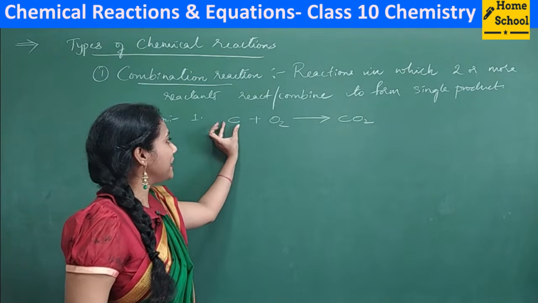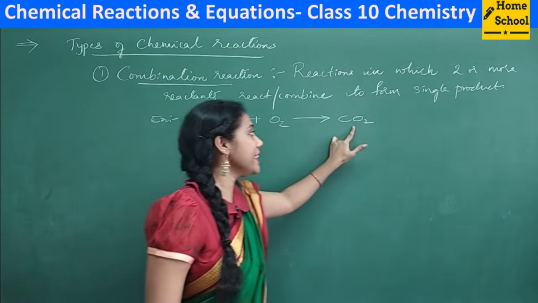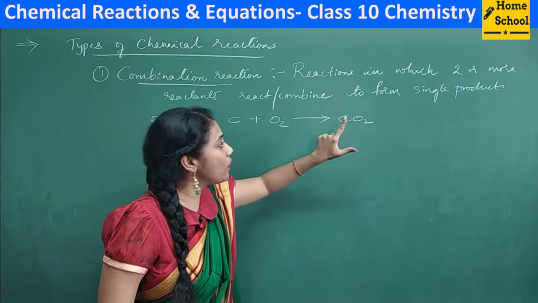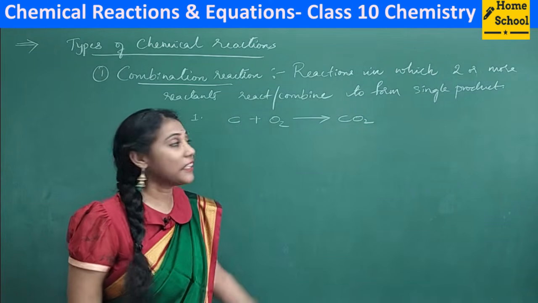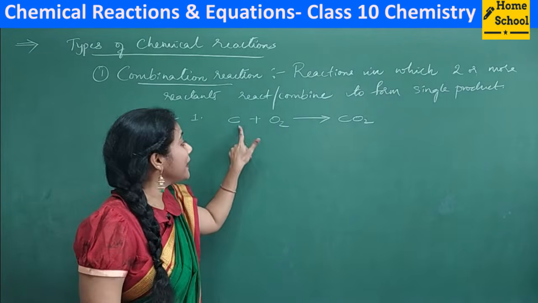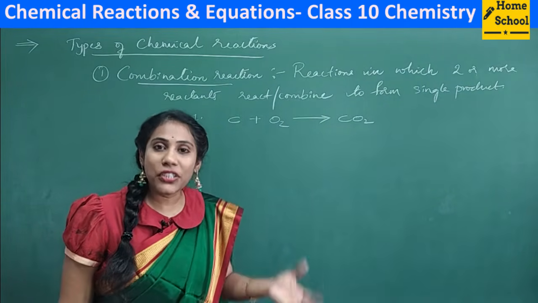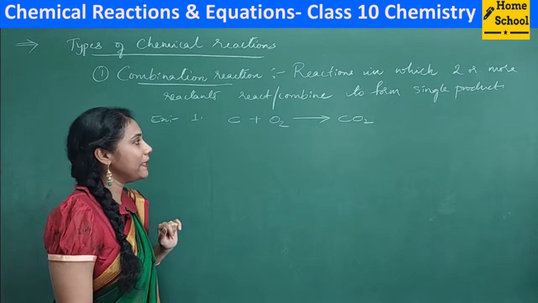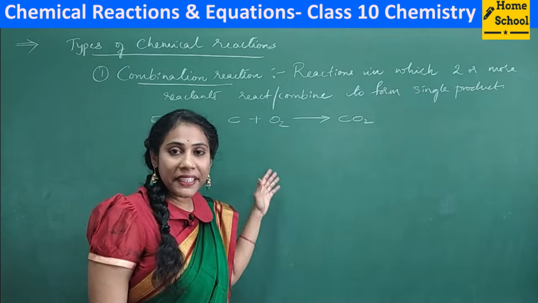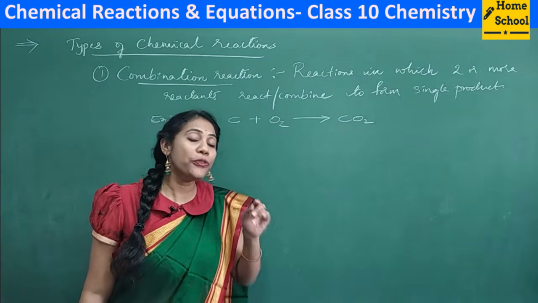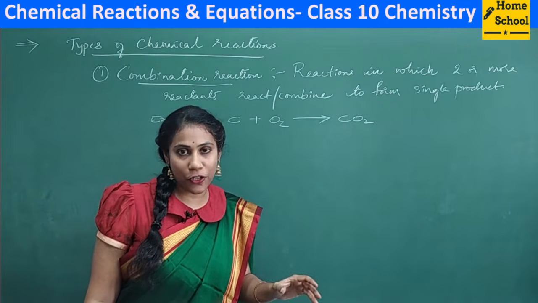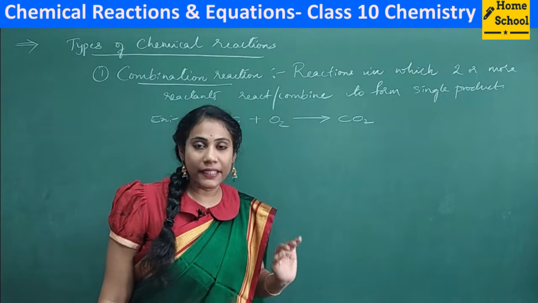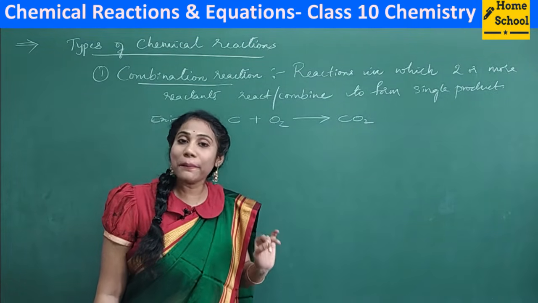This is one reactant, this is another reactant, but see the number of products you got. There is only one substance, one molecule, one compound you got as a product, isn't it? So the product is only one, but the reactants are two or more. Such reactions are combination reactions. So this is the first and basic example. And remember, whenever you write chemical equations from now onwards, you have to write them in a balanced form. If you don't write balanced equations, marks will get cut in the examination. So be careful with balancing.